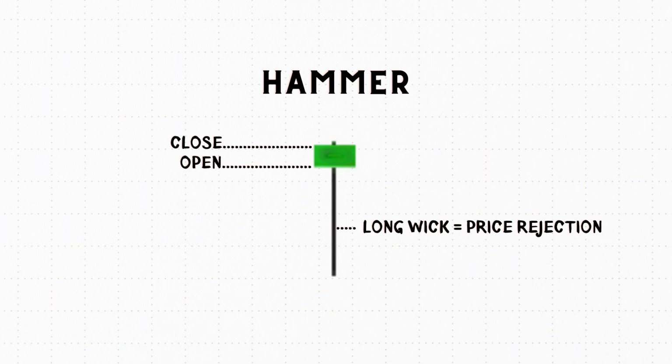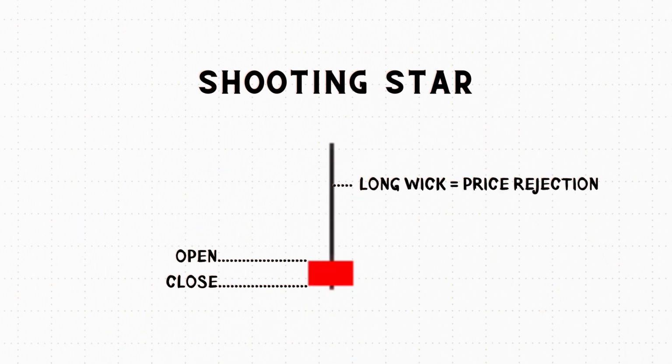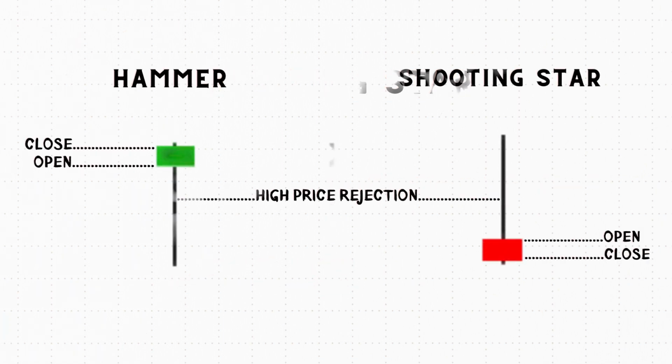In the same way, for the bearish pattern of the hammer, we have the shooting star. For this pattern, initially the price will be traded above the opening price, but in a short time the price will move to the negative side and start to trade below the opening price, which will form the reverse hammer, which is called the shooting star. So these hammer and shooting star candlestick patterns are considered to be formed due to high price rejection and are treated as the most useful candlestick patterns to be used while trading.